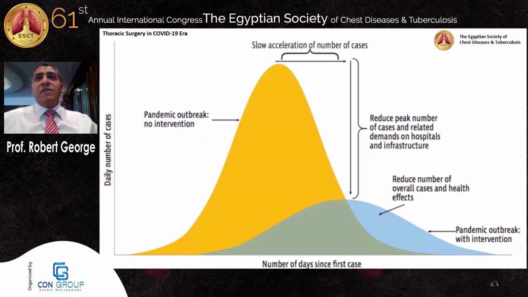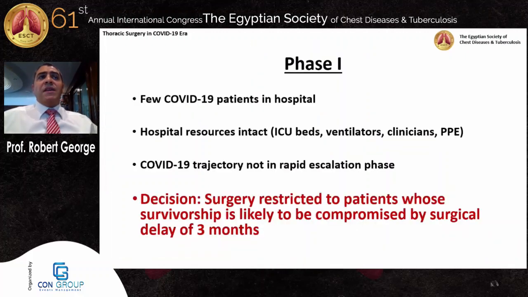At the moment, we're facing the second surge of COVID-19 cases. In phase 1, when there are a few COVID-19 patients in hospital, resources are still intact. That means ITU beds, ventilators, clinicians, and PPE are still available. The trajectory is not rapid, and for these patients, we have decided as a unit to restrict surgery to patients